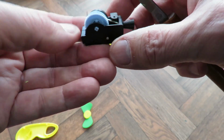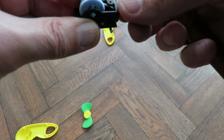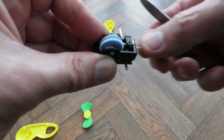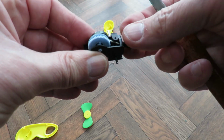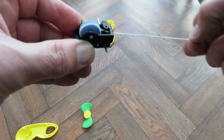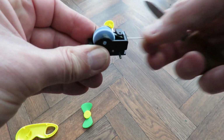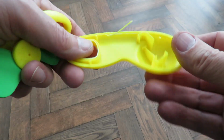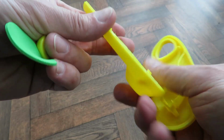I mean, you could put a couple of wheels on there, I suppose, and drive a little car with it. I've got toy cars that are pull-back motors like that, pull cord motors like that, so there'll be a link in the video description. I'll see if I can find a couple of wheels that sit on there and see if we can make it work. Just before I do that, I'll just point out, it was just glued around the edges, so once I've managed to break the seal,